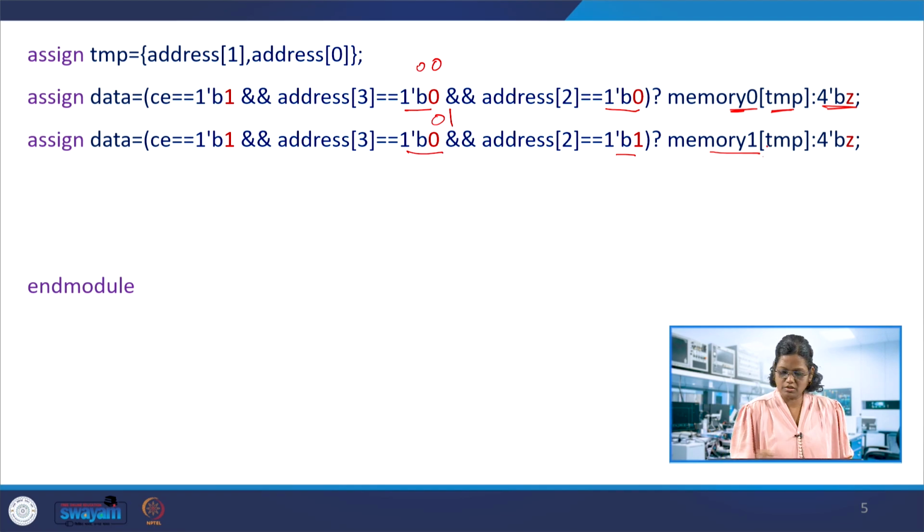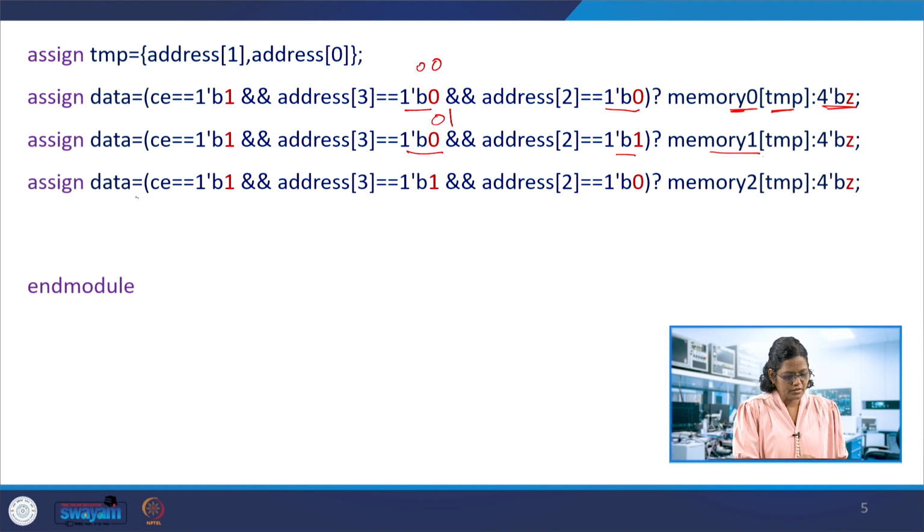If you keep these conditions, then store this data over here, otherwise 4-bit Z. The next one, assign data referring to 1 0, address 3 and address 2, memory 2 referring to the third memory. If this is true, save this data in the assign to data, otherwise 4-bit Z.